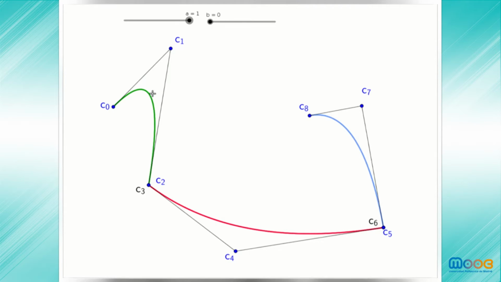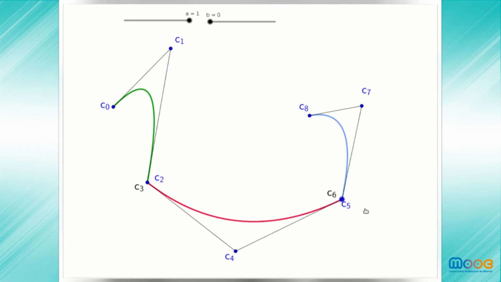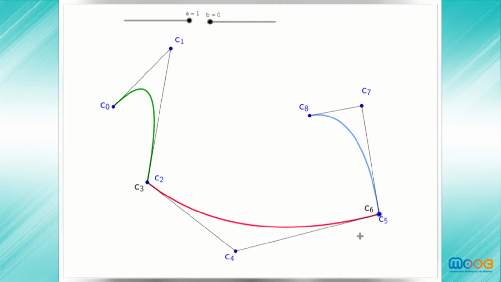If we want to move the control vertices and keep a continuous curve, the vertex C3 is always in the same position as the vertex C2. So now the vertex C3 is not free to be moved, and therefore is not part of the control polygon of this curve. The same happens with the vertex C6. If we want this curve to keep being continuous, it has to always be in the same position as C5. So it's not free to move, and it's not part of the control polygon of this curve.